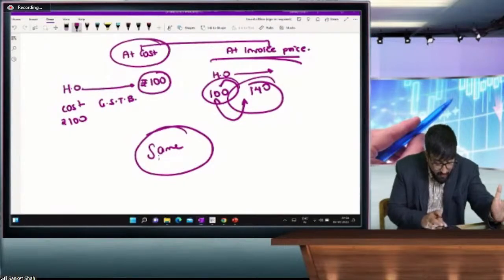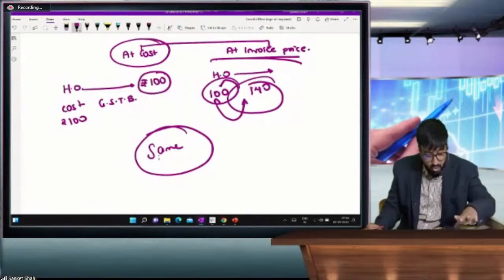Sir, profit will be same. Okay, Mukta Vyas, very good. Mukta answered it. Pooja answered it, same profit. Other students answered invoice price. No, it is same in both cases. Naga Pratyusha ji,